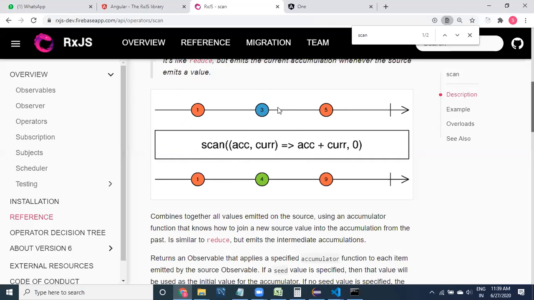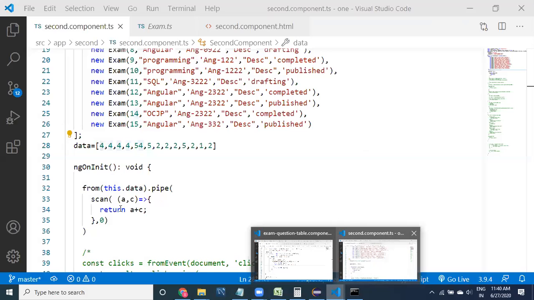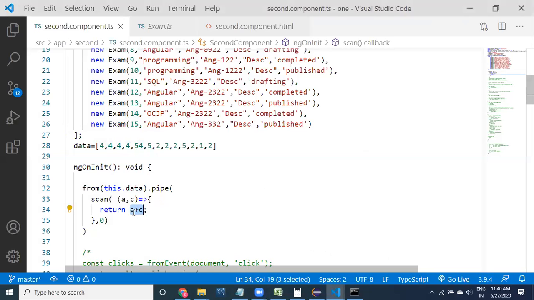You can provide an accumulate value every time you are creating a new value. So the original value is coming and the new value is coming. The accumulated value can be called a, and the current value can be called c. Now you can see here what I am doing: a plus c. The accumulator is going to become a and c is going to be the current value. First time 4 comes, then 4 plus accumulated value 0, initially 4, then the accumulated value became 4.